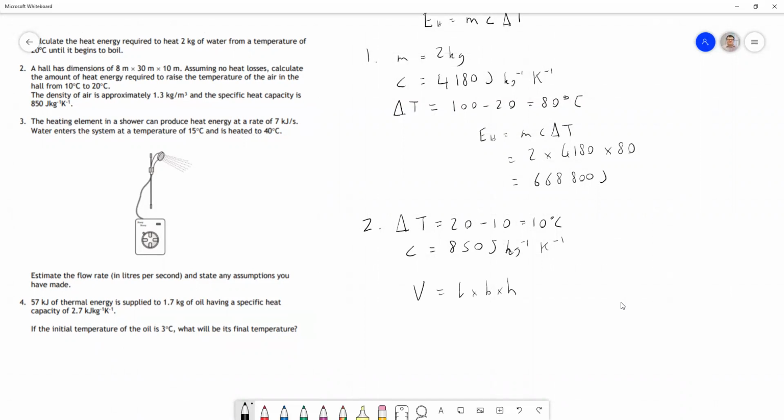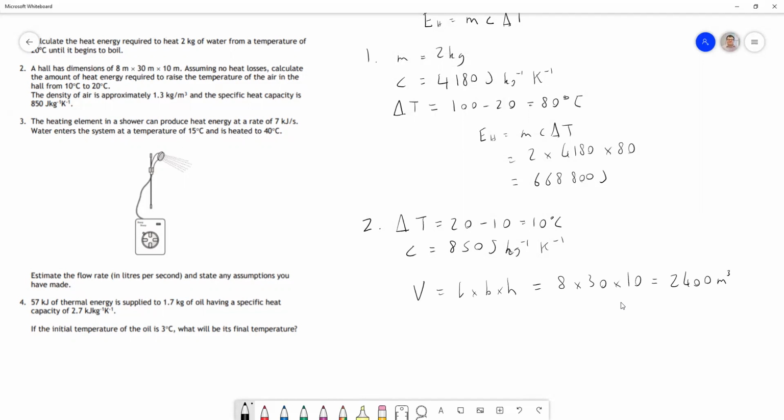Now we're not told which one is which here, but we can assume that 30 meters certainly isn't the height. So let's just assume that it's 8 times 30 times 10 in that order. It doesn't really matter for the volume. So this is the volume of the hull, the volume of any cuboid, if we know the three sides. And that's 2,400 meters cubed. Now this maybe gets us thinking that if the air is 1.3 kilograms per meter cubed,